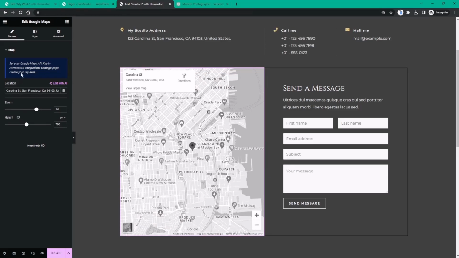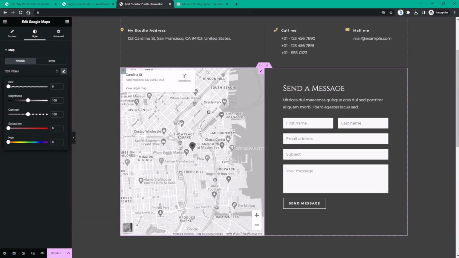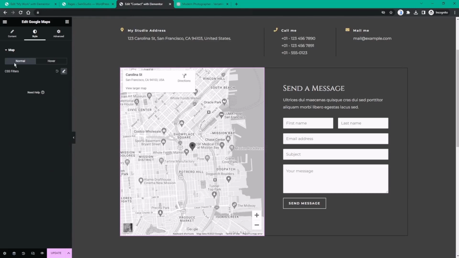If we go into style, we can see that under normal circumstances, there's a filter. And if we click this edit filter, we can see that there is a reduction of saturation and hue, which basically corresponds to the map being grayed out. Now, if we want to leave it like this for the normal part, but for the hover part, we want to change the CSS filters over here. We can actually increase the hue